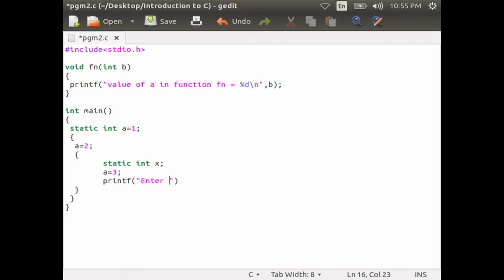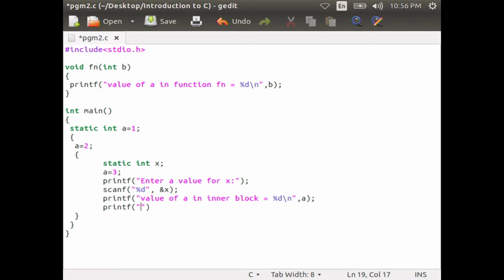Printf, enter a value for x, scanf %d &x, then printf value of a in inner block equal to %d comma a, printf value of x in inner block equal to %d comma x. Now, you close the curly brace.